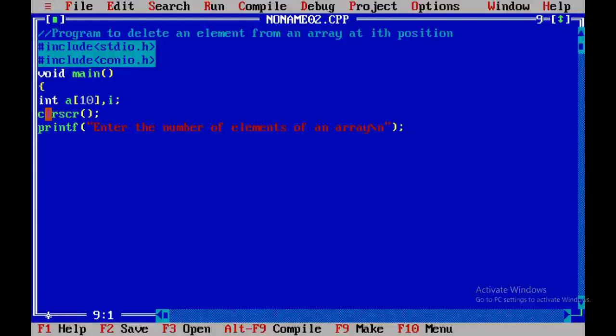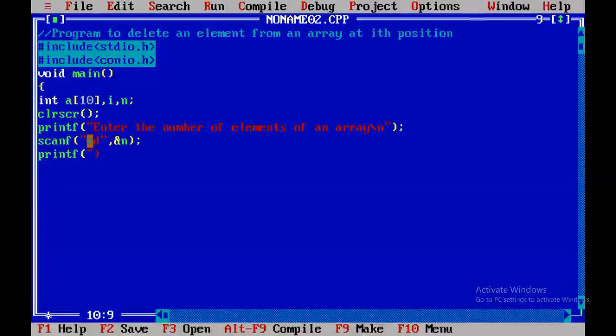So that is the total number of elements that are present in an array. So I'm going to read that value to a variable n. Hence I'll declare that variable n here. So scanf %d, comma ampersand n.